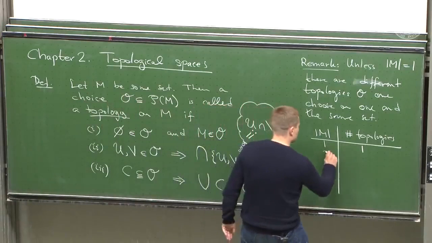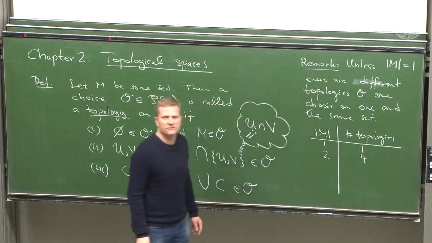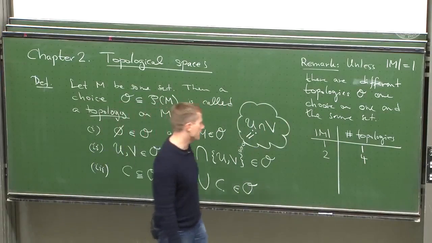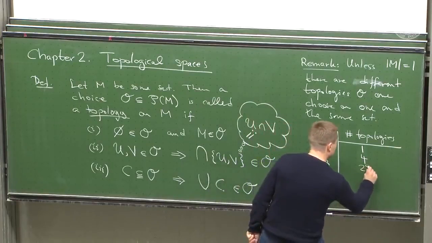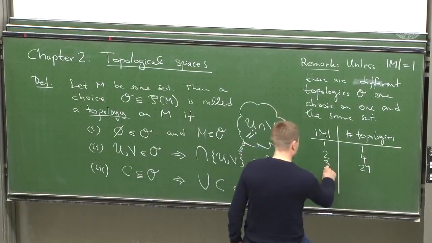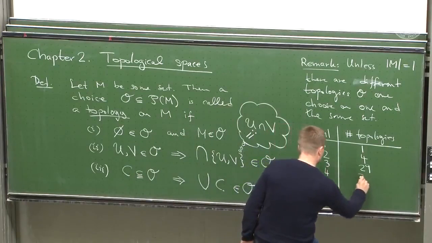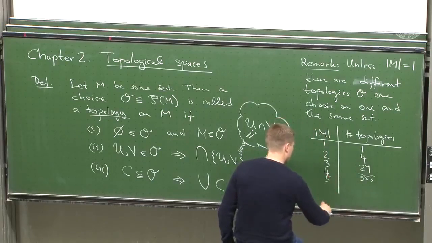But already if the set M has 2 elements, there are 4 different choices for the topology you could make. If the set M has 3, then there are 29 choices for the topologies you can make. If M has 4, you have 355 choices. If M is 5, you have